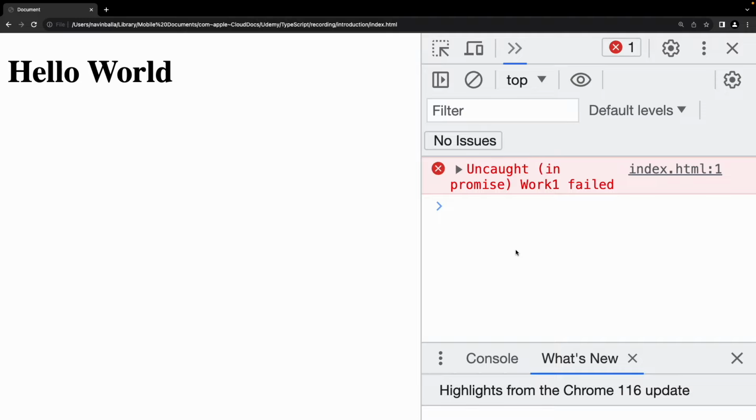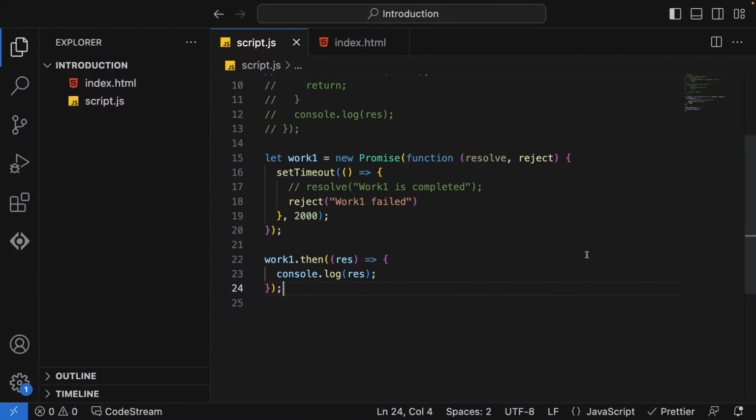Very first thing, your browser is giving you a very clear error: uncaught in promise, work one failed. So it's very clearly saying that the error which occurred on line number 18, you are not handling it very well here. So we are missing the code which is capable of handling the error that occurred in the work one promise. If you want to do that, what we can do is apply one more